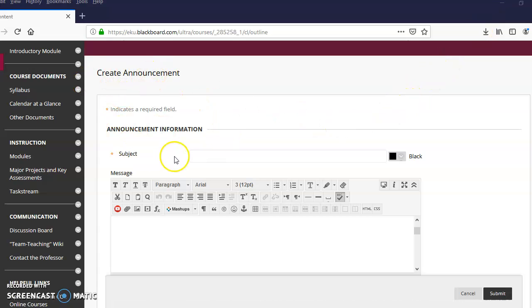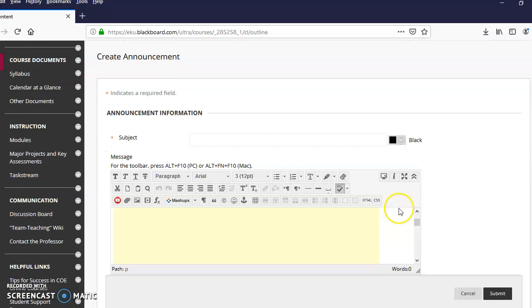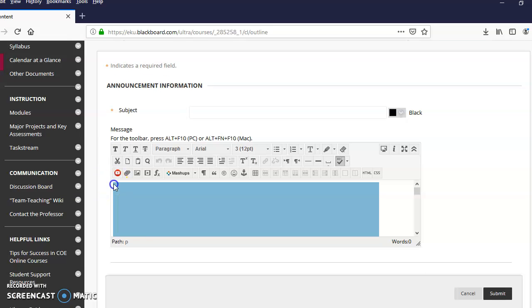So from the create an announcement page, you have an HTML box. Okay, so this just shows you the code of everything you work on. So what we just copied, the embed code, we click on it and we paste it in. After that, you hit the update, and now you can just type in